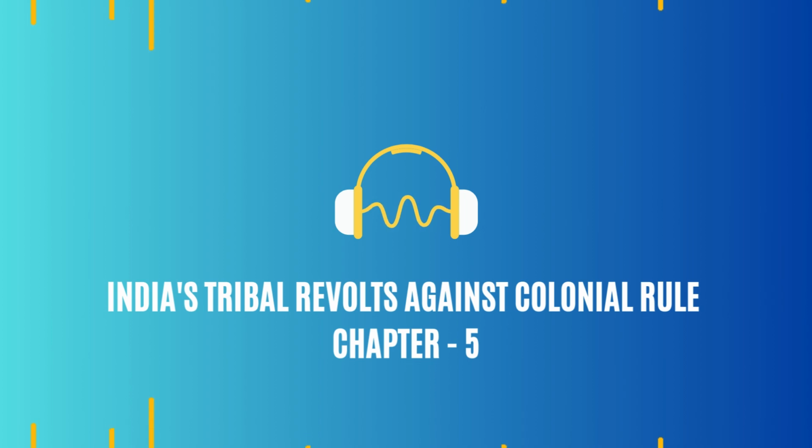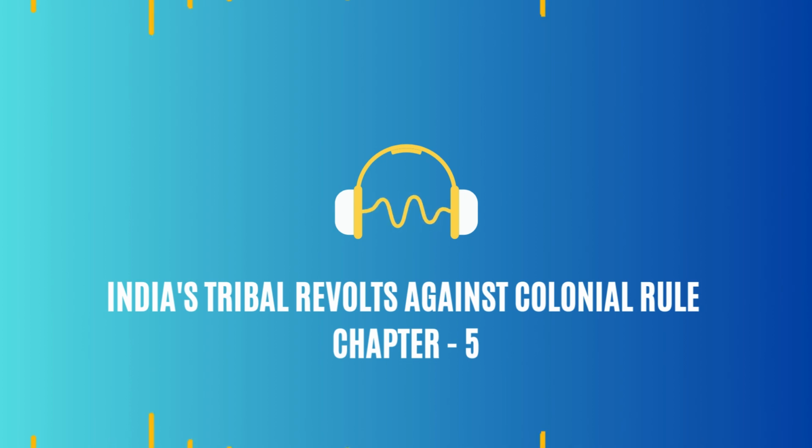To really understand them, though, we need to look at some specific examples. Where do we start? Let's go back to 1778, to the Paharia Rebellion, led by Raja Jagannath. This one highlights the early resistance to British expansion into tribal territories. The Paharias, living in the hills of what's now Jharkhand and West Bengal, known for being fiercely independent.